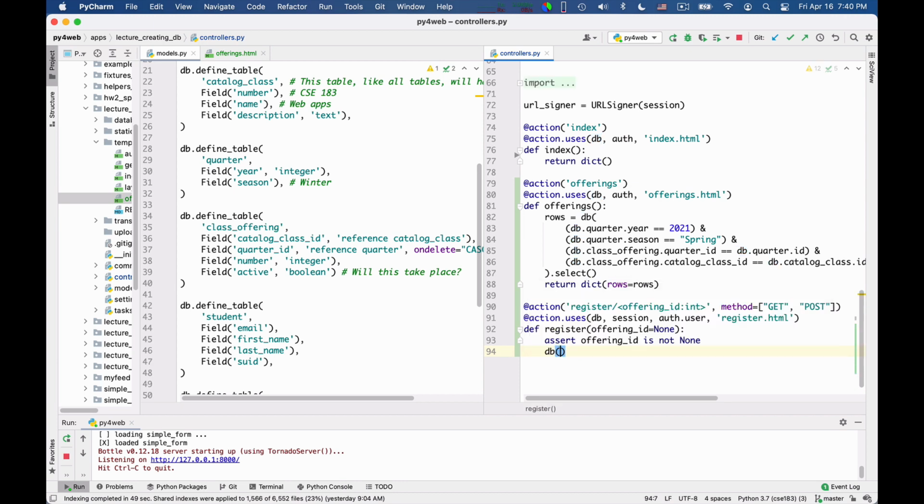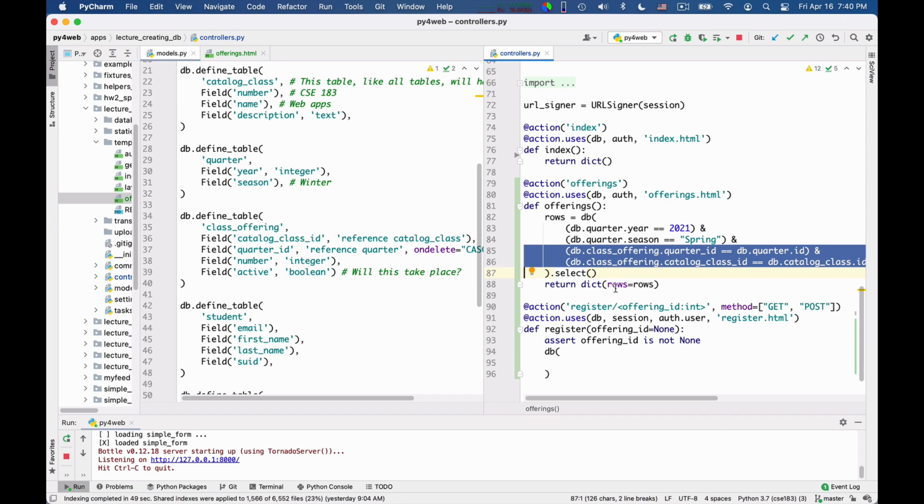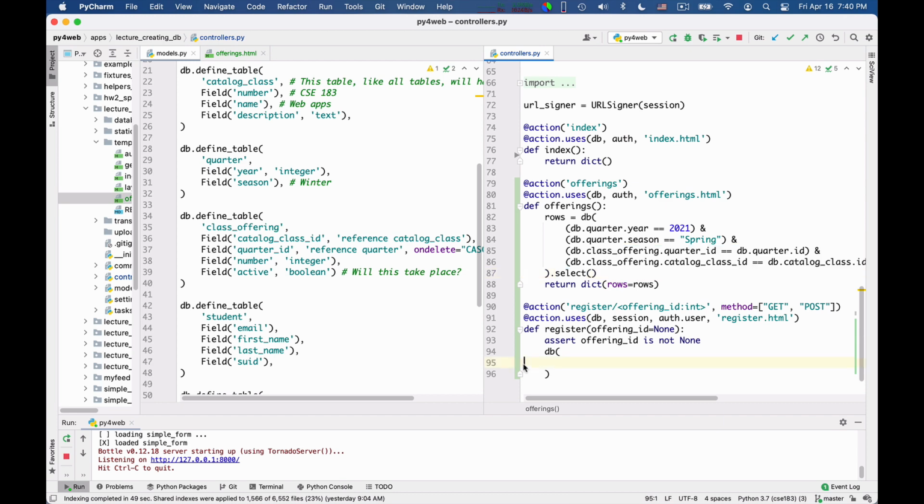So I do a query on the database for finding the information about the class, db.catalog class. I think I can copy some of the previous query, in fact. So I copy these two pieces. Okay.